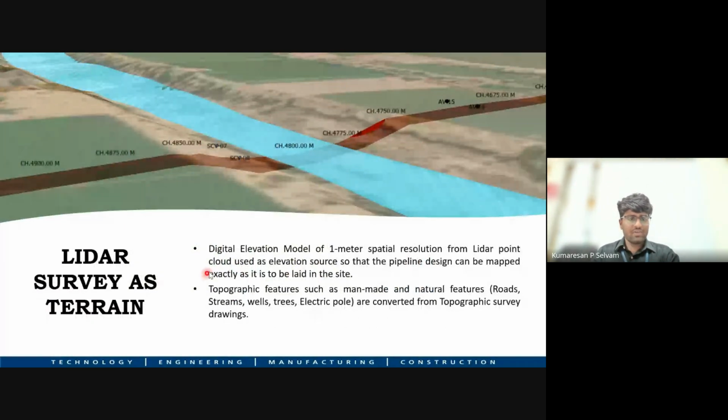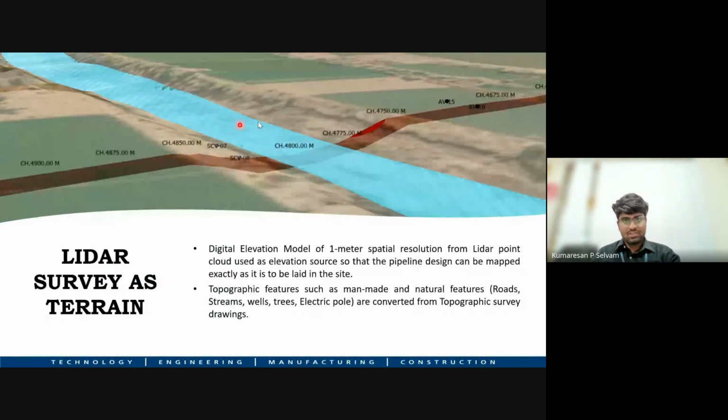This is a lidar survey as terrain. So lidar survey, like Hussein Babu sir would have explained what is lidar survey. That lidar survey output is taken as the terrain model for that GIS platform. And you can see the BIM model of the pipe is taken into that GIS platform. And you can see how that pipe will go below that river, and how it will come again above the river.